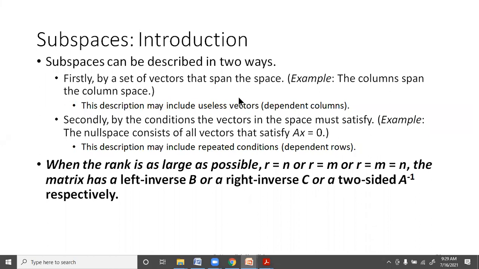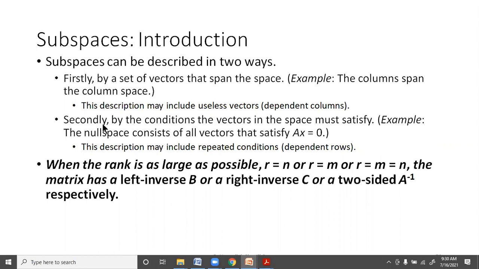Useless vectors just correspond to dependent columns, because we can represent the dependent columns as a linear combination of the independent columns. Dependent columns are the linear combination of the independent columns. That's why they'll be useless vectors. The columns correspondingly which are the independent columns have the pivot variable with them, and they are the ones which are used to represent the dependent columns.